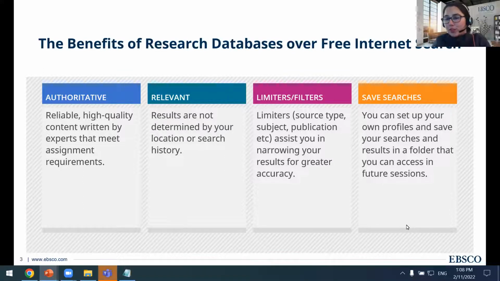Whereas if you go onto the web, often the algorithm is meant to guide you towards what they think you want to see based on your location, based on your search history, based on the information, the data that they have of you. And so you're often getting things like confirmation bias.